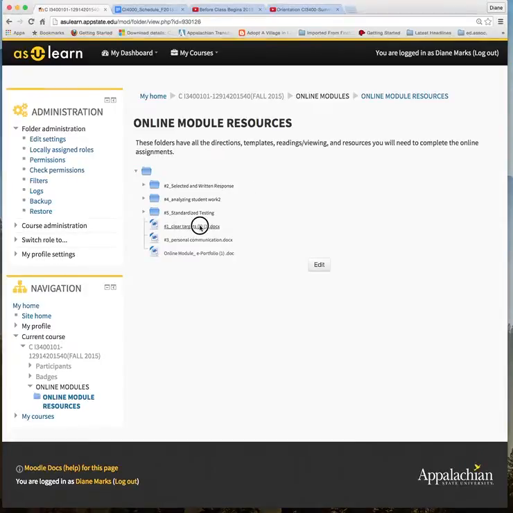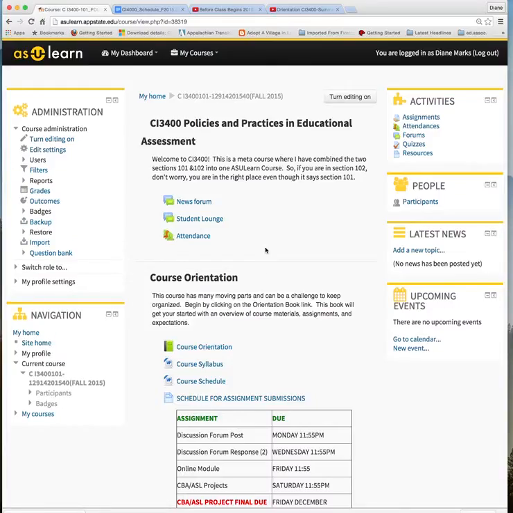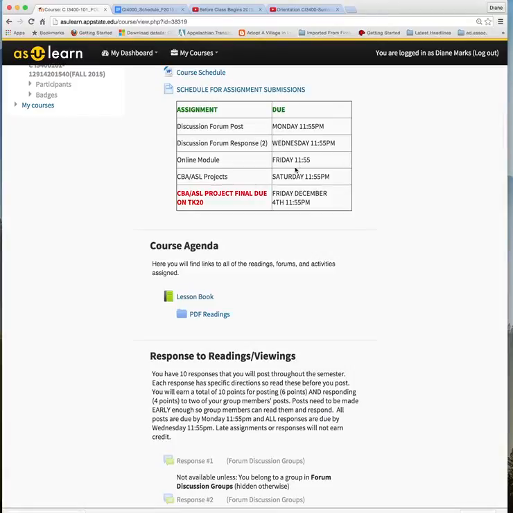If you open one of these online modules and it doesn't make any sense to you, then you obviously did not do the reading or you're on the wrong module. Okay? So make sure if you're doing module number 1, you only do module number 1. Module number 2 is for another time. Okay? You can see how these topics are all aligned with the topics from the lesson book. So just make sure it should make sense to you if you do all your reading first, and then you do your post, and if you have an online activity, you do that for Friday. See how it sort of goes in an order?